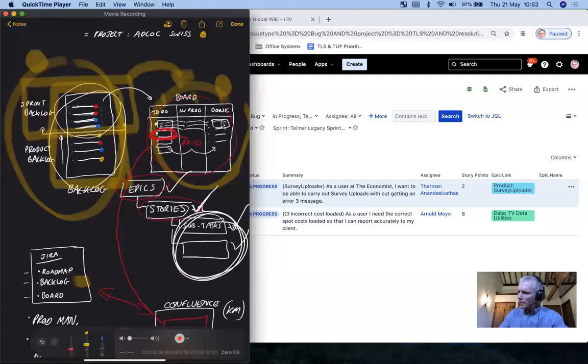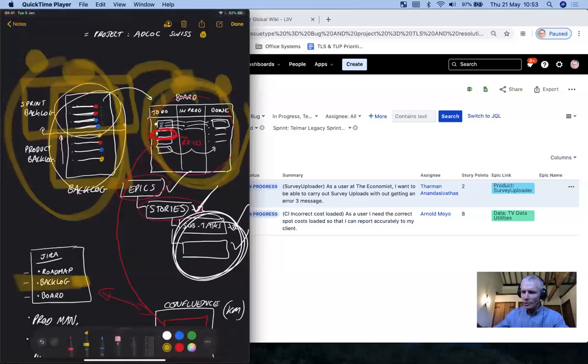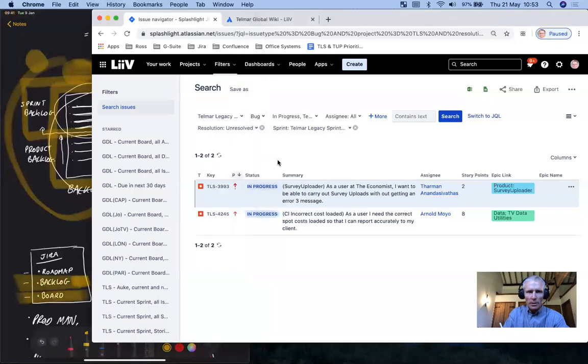Well, let's just flip back here. As I said, the backlog has a corresponding view in Jira called backlog. The board has a corresponding view in Jira called the board, or actually, I think it's called active sprints, active sprint in the menu. Let's have a look.